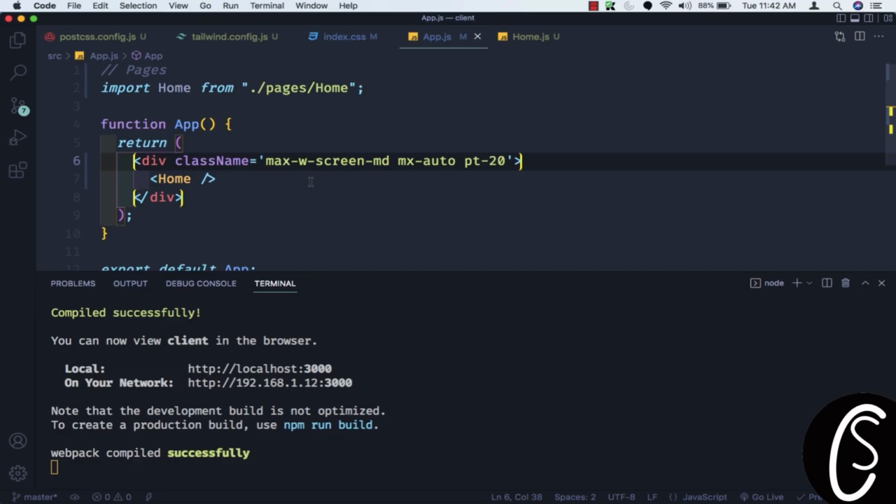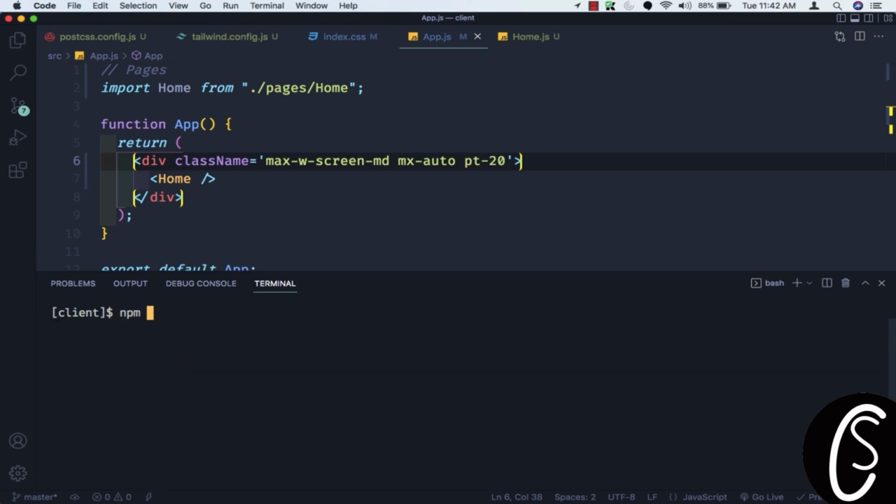Okay, now we need to navigate our pages. So if we want to go to about us page from home page, then we need to use routing. For that, we need to install a package which is React Router DOM. So inside the terminal, first let's stop the terminal by pressing Ctrl C. Okay, let me clear this,